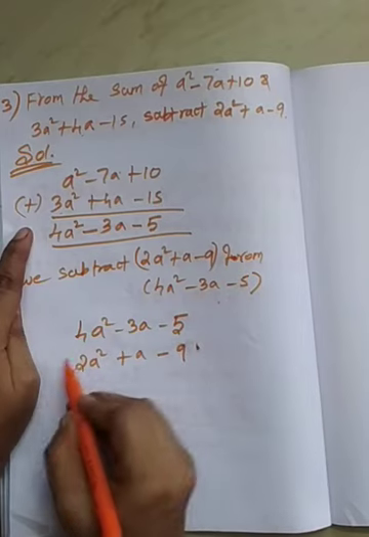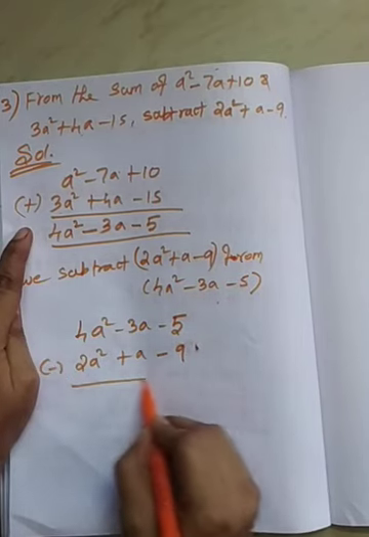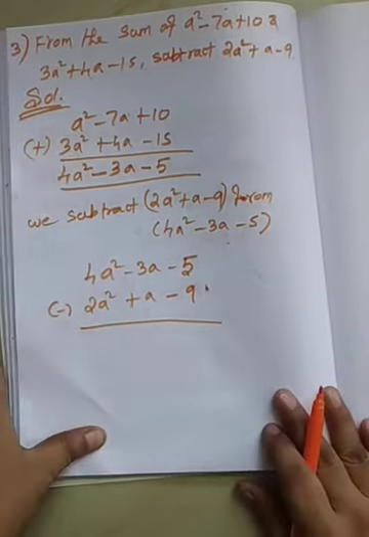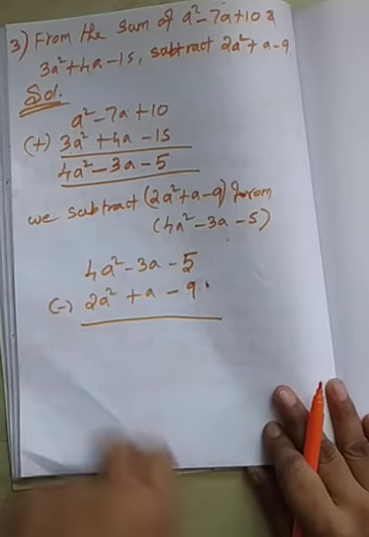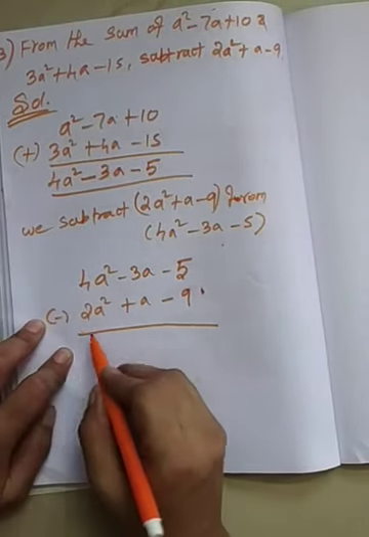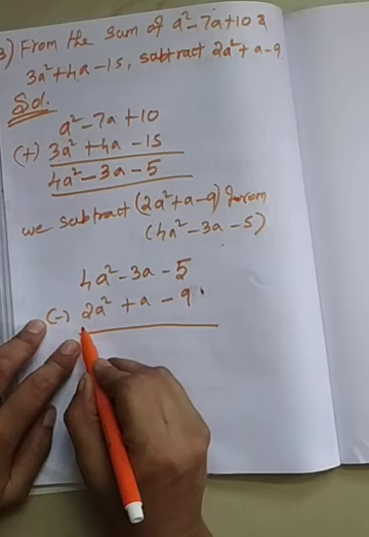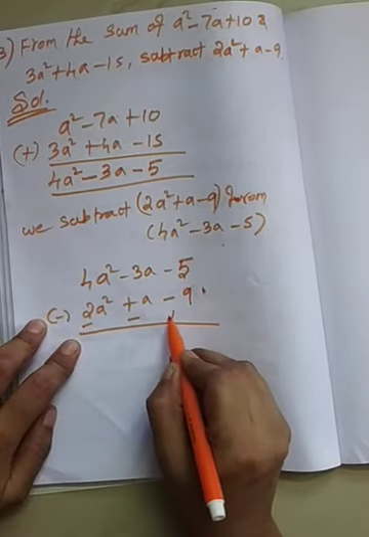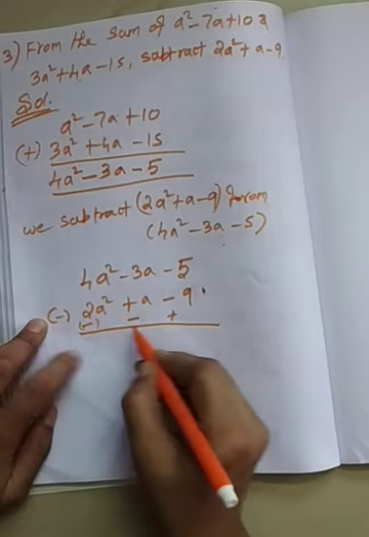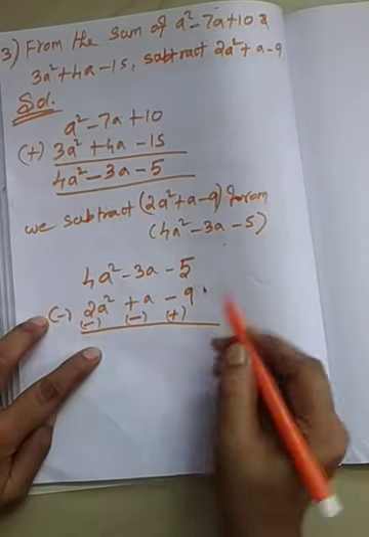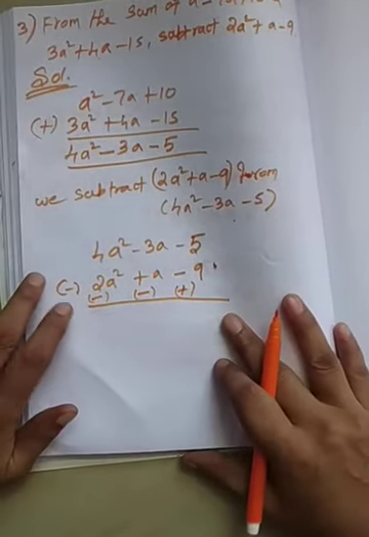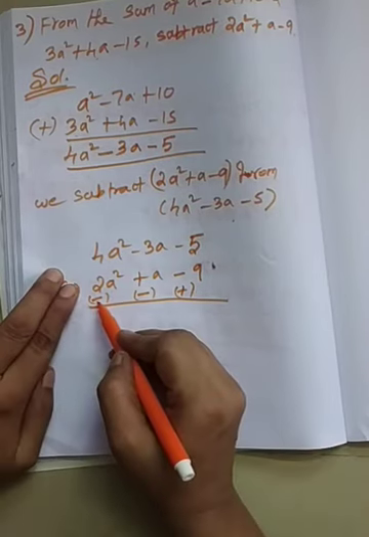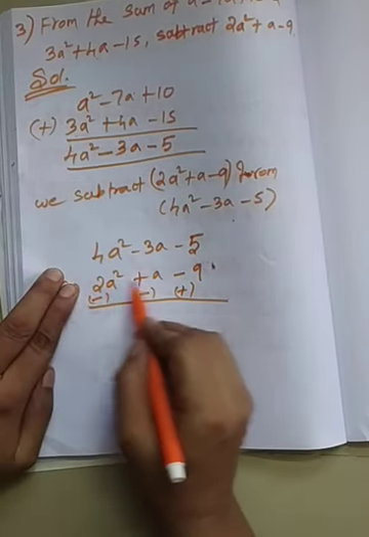Now from means you have to subtract. Okay, see here. How can you subtract this one? First you have to change the sign. Plus means minus, plus minus. Minus means plus. First of all, you can change the sign. Okay, now you have to simplify this one. In this sign, you can consider this value.